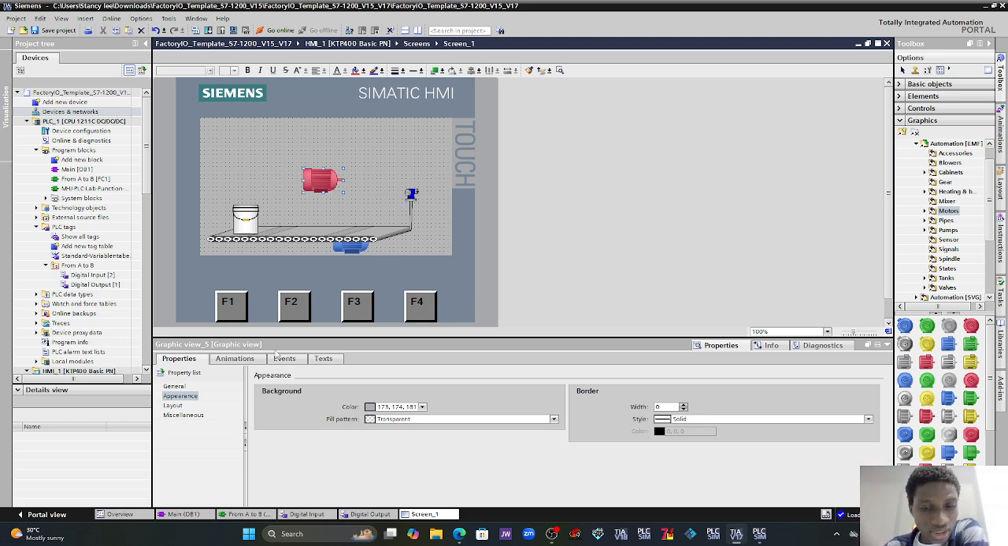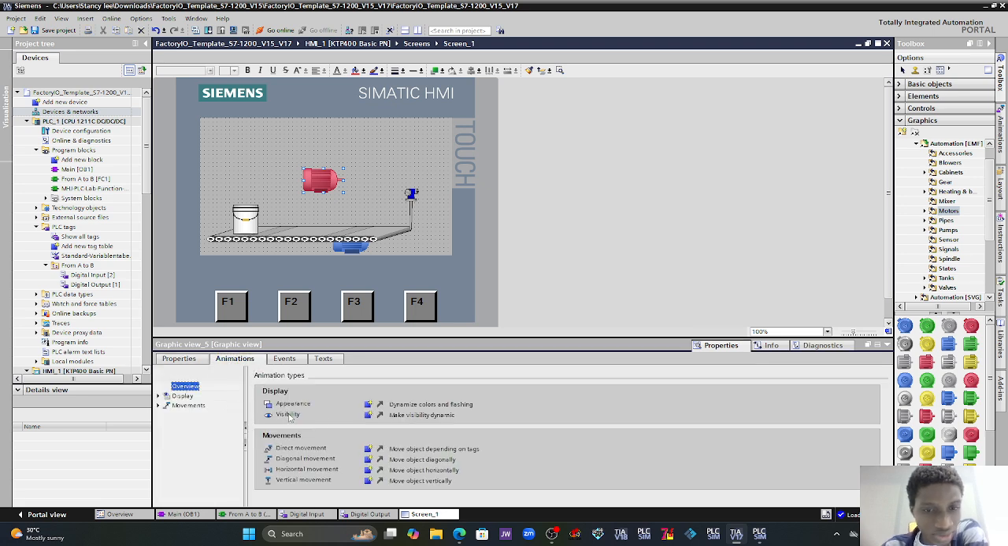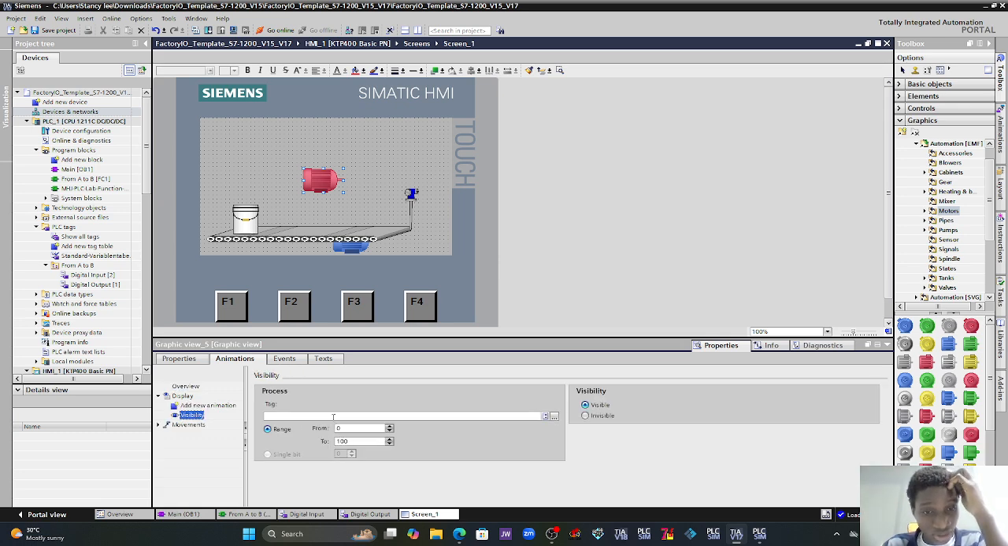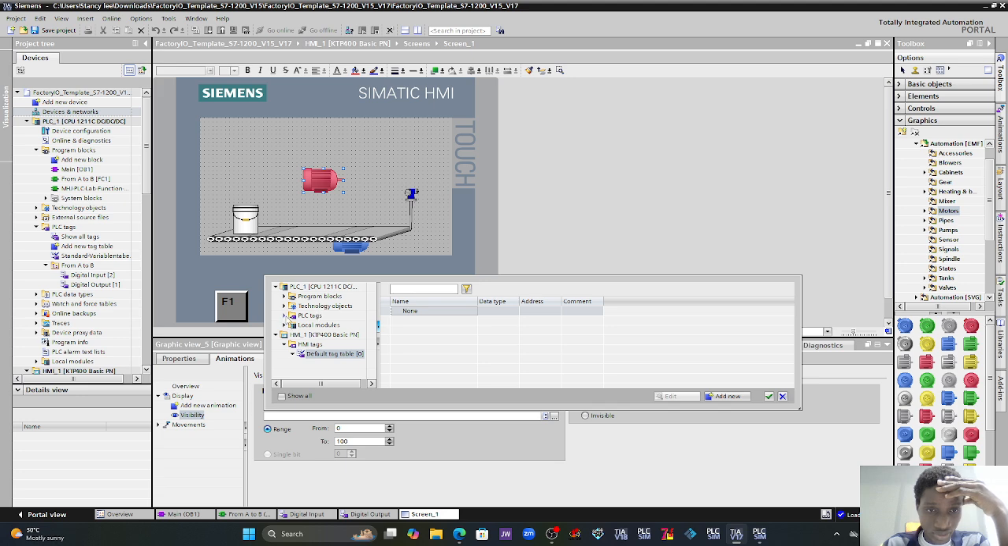So before placing it there, let's add all of the details we need. We need an animation for this particular object. So animation, visibility, yes, because we want it to only come on when this guy is there. So it should only be visible when this tag, let's select our tag. The tag we're selecting is the conveyor. Click on these three dots. Go to PLC tags, from A to B, data output, conveyor, and